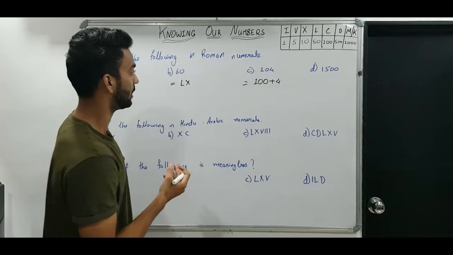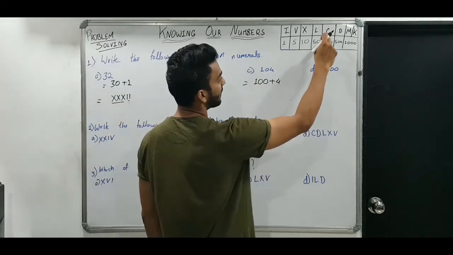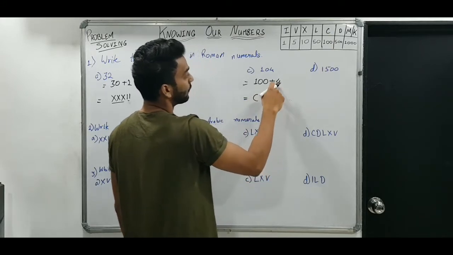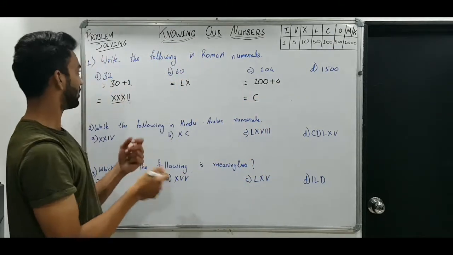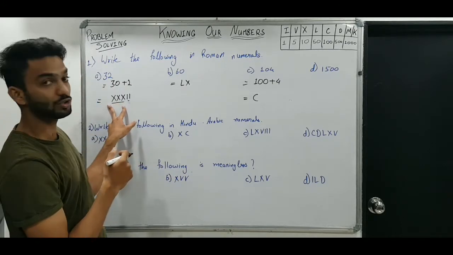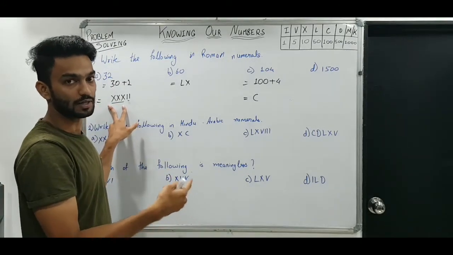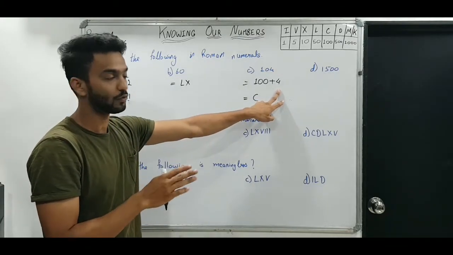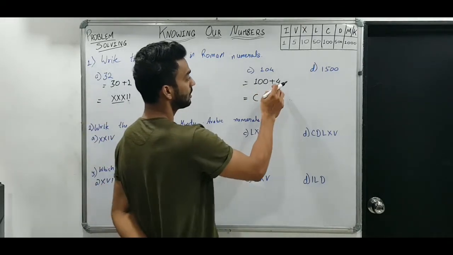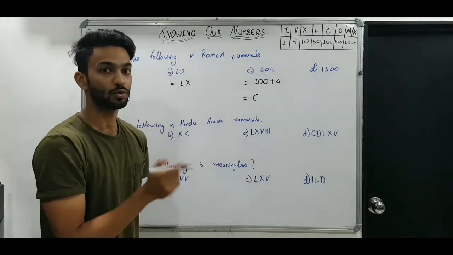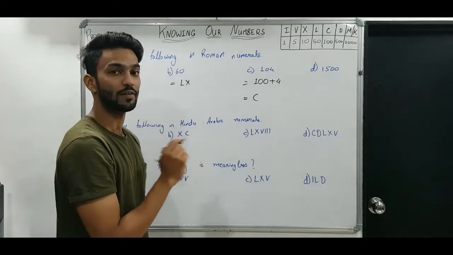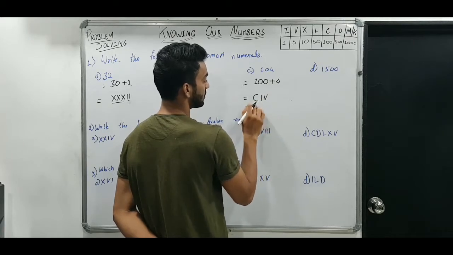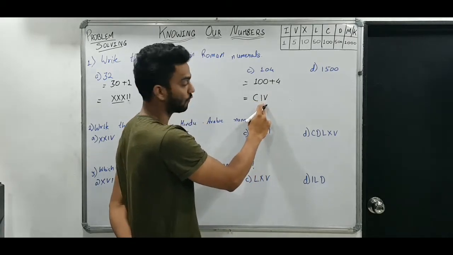Next we have to write in expanded form 100 plus 4. 104 है तो उसको expanded form में लिखेंगे. 100 we already have the direct symbol, that is C. And 4 is a subtraction combination. जो मैं addition subtraction combination बोल रहा हूँ, जैसे यहाँ पे addition combination दिया था, 3 times repeat करके लिख सकते थे, 4 times repeat करके नहीं लिख सकते. That's a rule. We cannot repeat a symbol 4 times. Therefore, we are going to use the subtraction combination. Subtraction combination का rule था smaller symbol to be written on the left side of the greater symbol. So we write IV. So CIV. C is 100. This is 104.